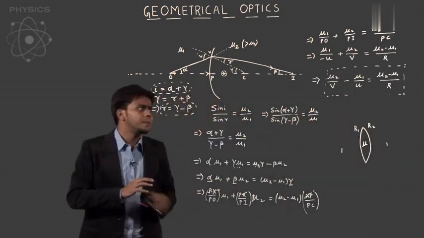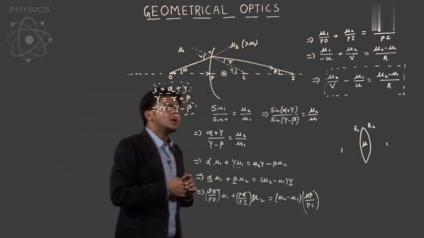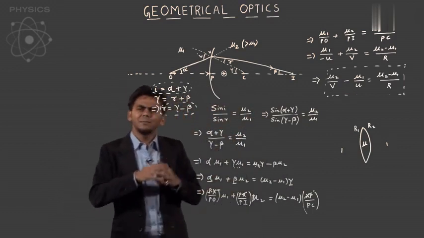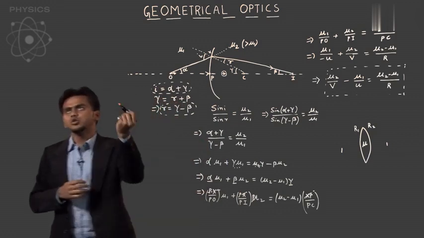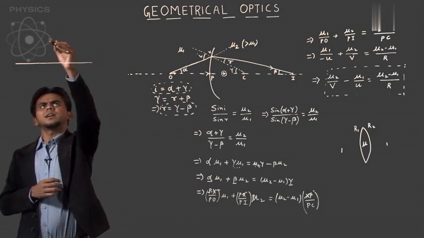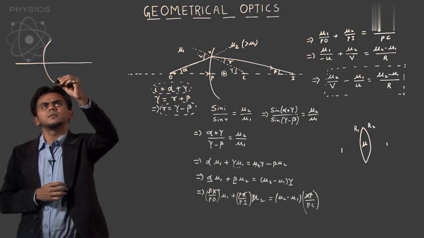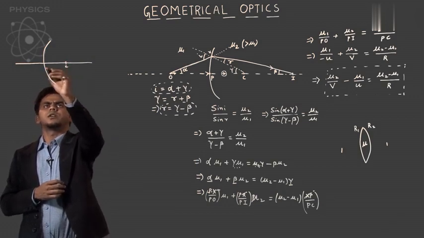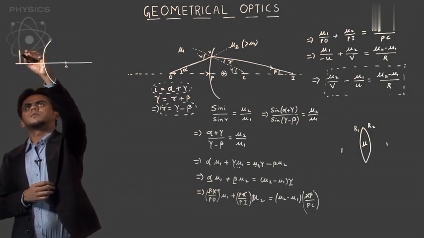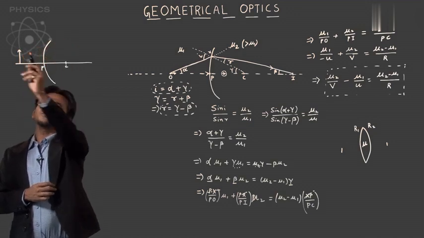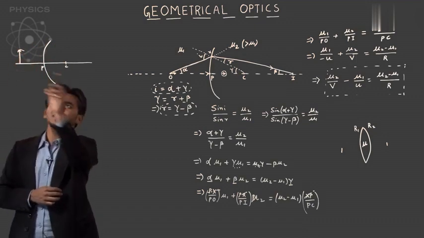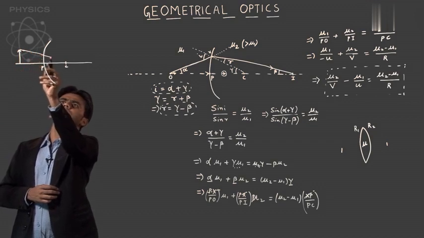Now, this was for a point object. Most of my objects are not point objects, they are extended objects. So what will happen to an extended object? If you take a very simplistic situation, this again is a concave surface which I am dealing with. This is your center of curvature, this is your P, this is your object over here. If you pass a ray along the C, which means ray of light is falling normally, so it would go unrefracted